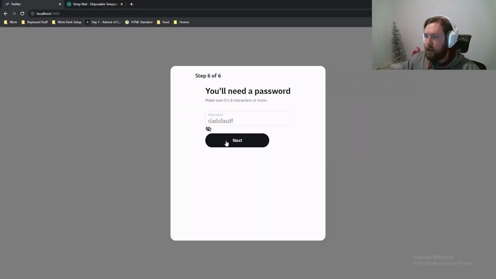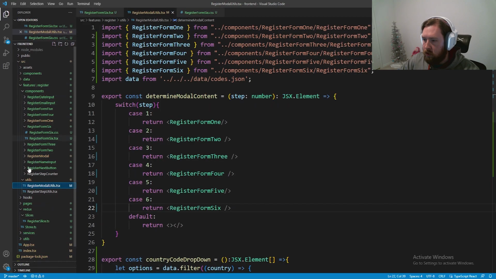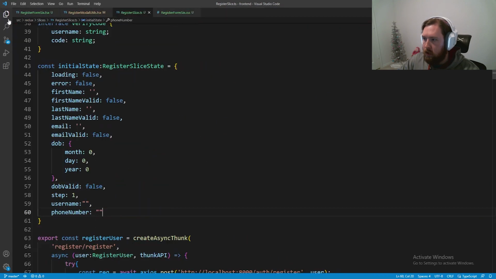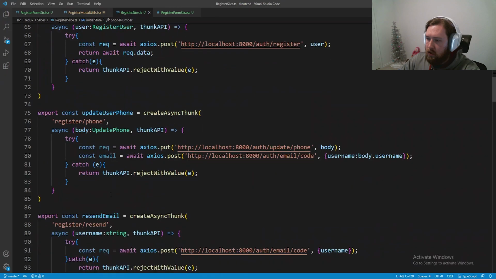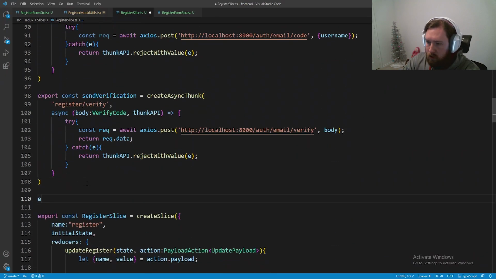Then whenever we hit next, we want to send that password off to the backend. So now let's go ahead and deal with that by updating the RegisterSlice. So hop back into here and let's open up the RegisterSlice, probably for the last time. And well, we might need to make some changes later, who knows. So under send verification, let's say export